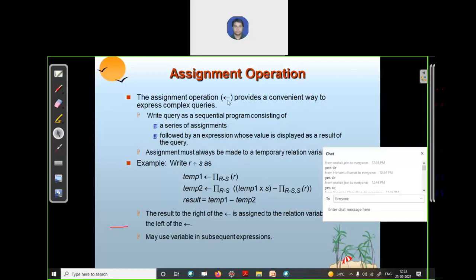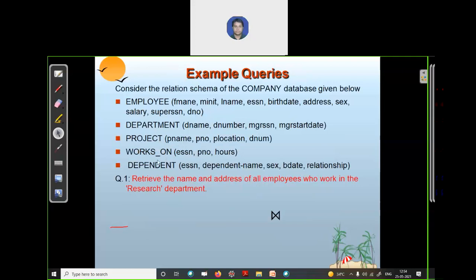This operator can simplify your queries, just to represent your complex query in a simple manner. So let's see the example, and you will automatically understand what this assignment operator is showing. There is one example you can see on your screen.